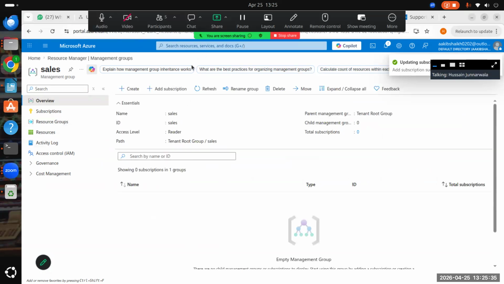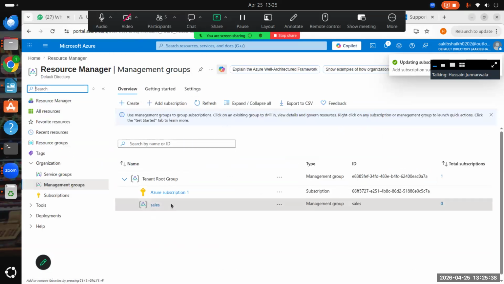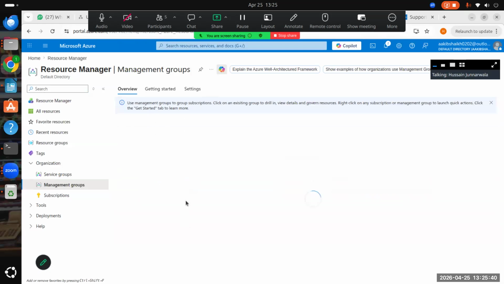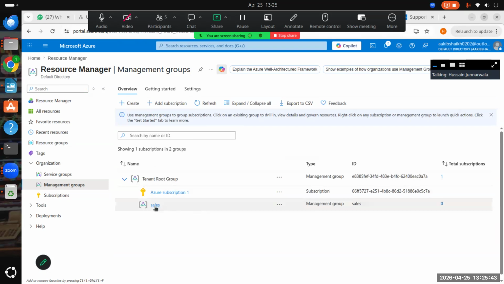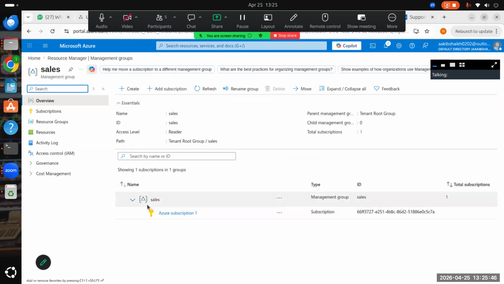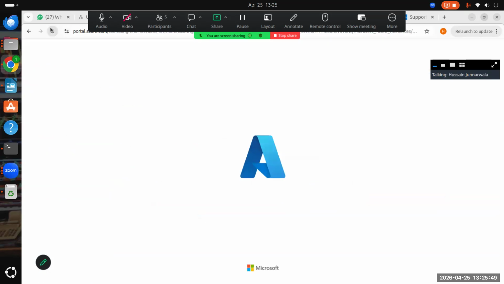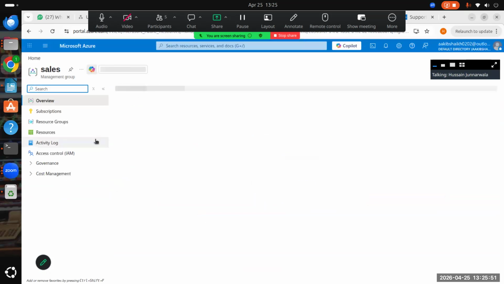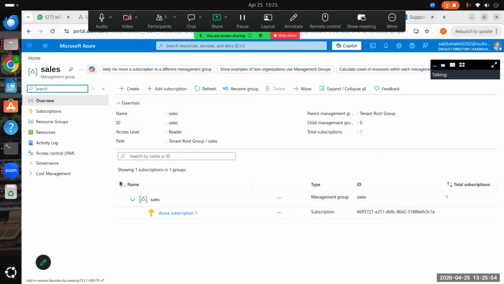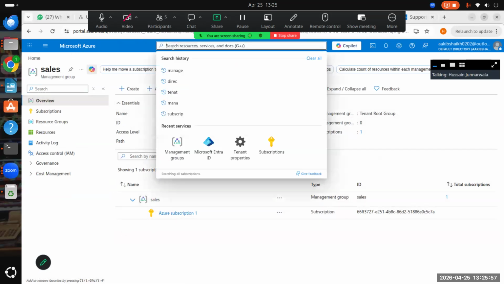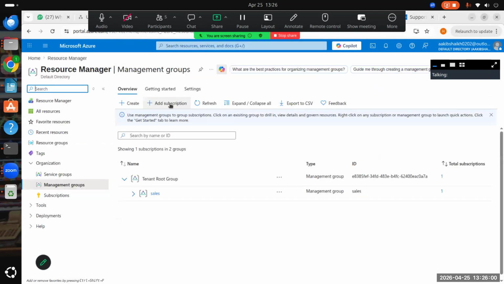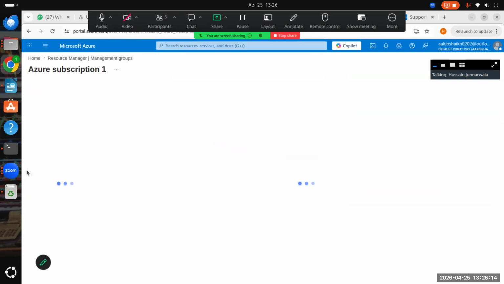Now what will happen? Now you go to management group again. Now you click on refresh. Okay, so this is showing over here. I guess I have to log out and log back in again. Then it will show. Wait 1 minute. Okay. Management groups. See, now we have the tenant group. Then we created a new management group, sales group, and then we have a new subscription. Yes. Similarly, once we go to subscription,